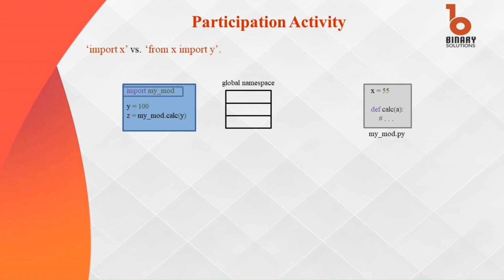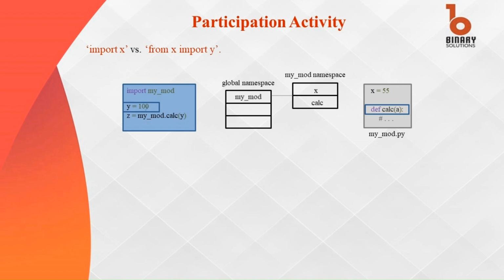In the first step, when you use import mymod, the entire mymod module is added to the global namespace, but its contents remain within the module's namespace. To access specific elements like calc, you need to use dot notation such as mymod.calc. In the second step, this attribute reference operation allows you to interact with the calc function without directly importing it